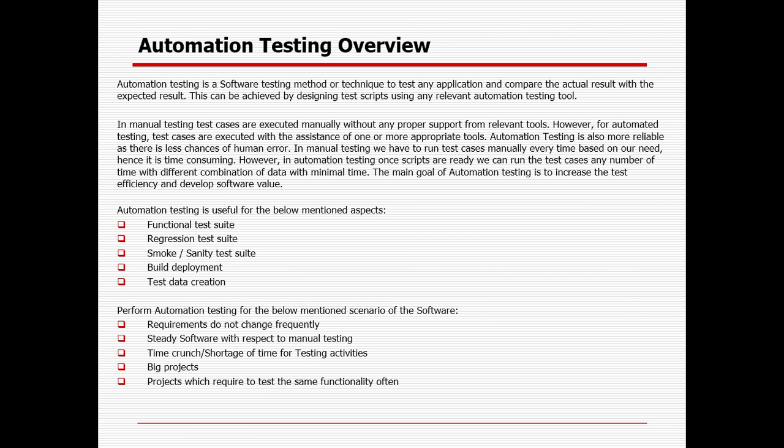Before starting any automation testing project, you should think about two things. One is that you need to perform a POC. POC is not point of contact here, guys. It is a proof of concept.